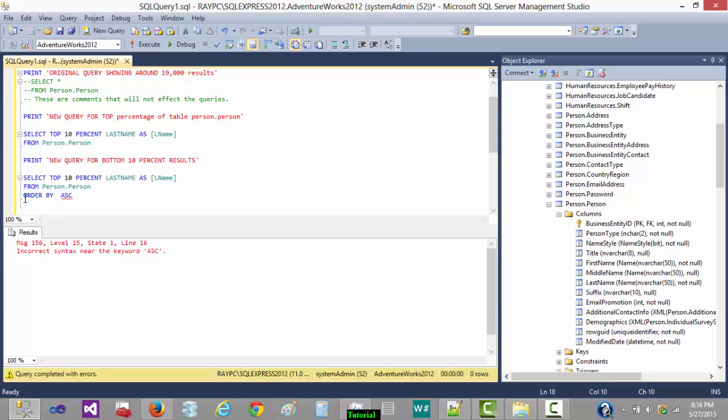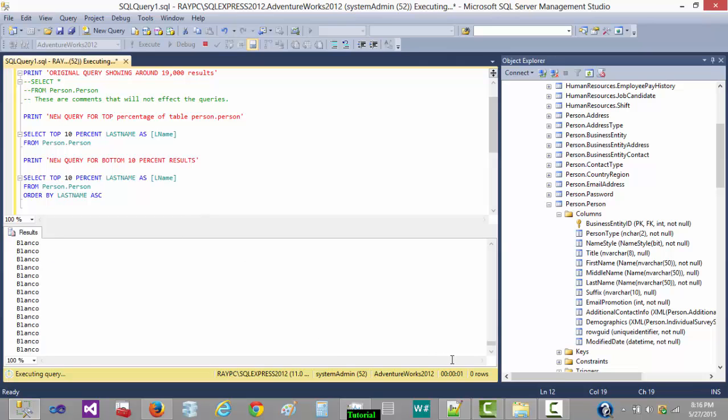So back to where we left off. Basically, we're looking for the bottom 10%, and we are selecting top 10% from the last name column, and we're naming it LName, and we're getting it all from the table person.person. We're ordering by the last name ascending because default is descending, and to achieve the results we want, we would have to basically flip the whole entire